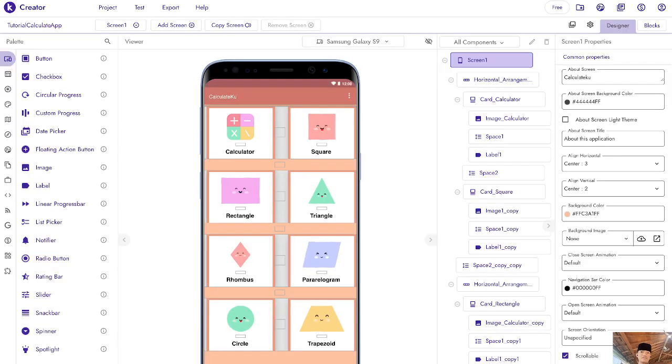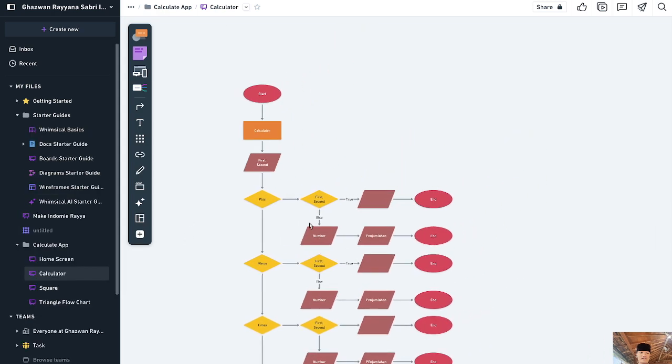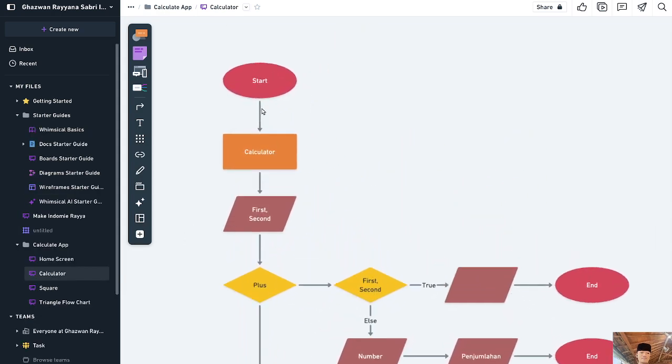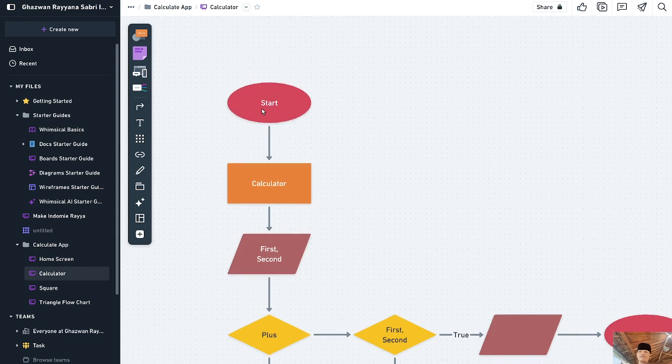I'll try to convert it, so hold on a second. So here is the flow chart of the square.